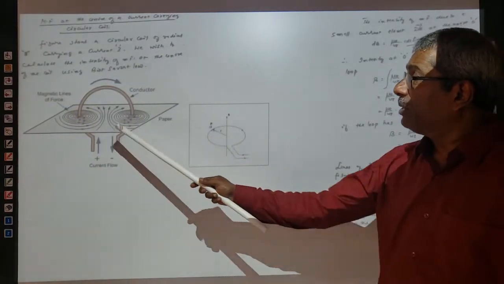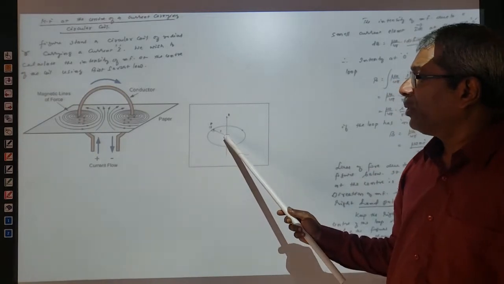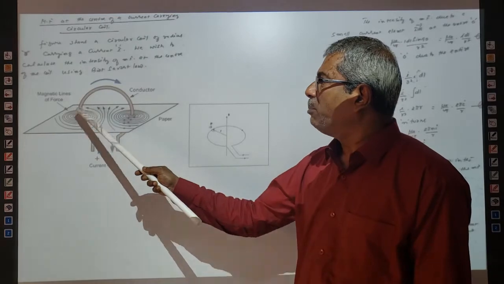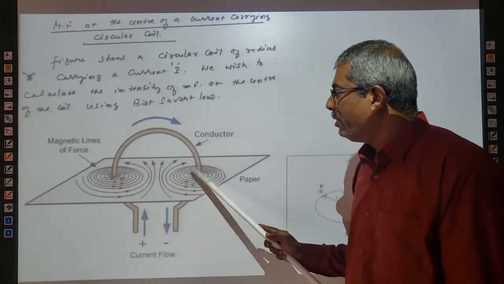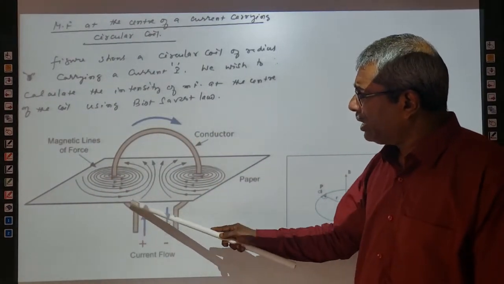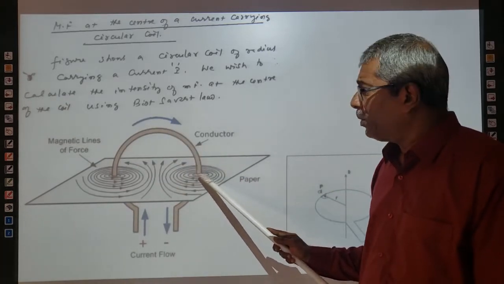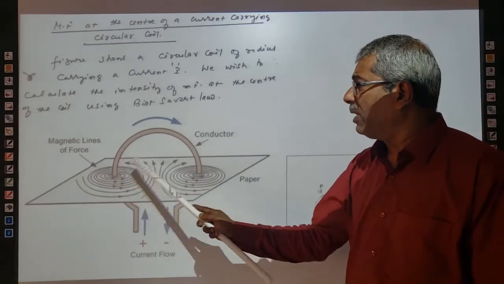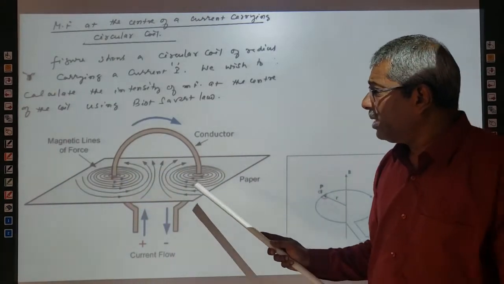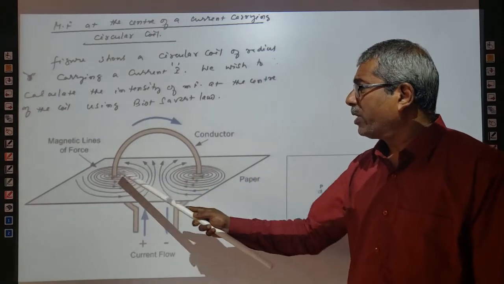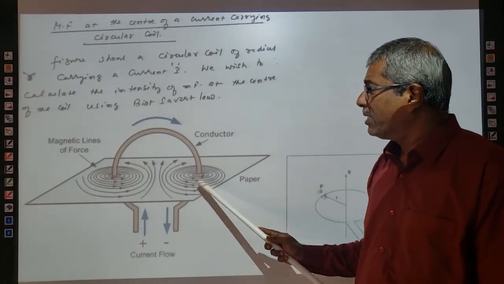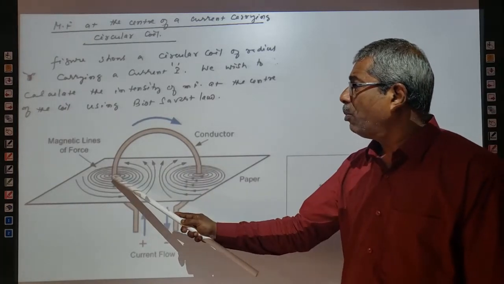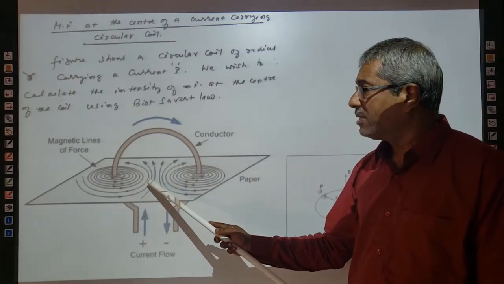So this diagram can also be used. This diagram is more clear, because when current flows in this direction, the magnetic field lines are formed at different points everywhere along the circle. This is how the magnetic field lines are formed, right? So you can see how they are forming. Take these two points on the conductor. The magnetic field lines are circular at these points, so this part and this part both will contribute to the lines of force at the center.